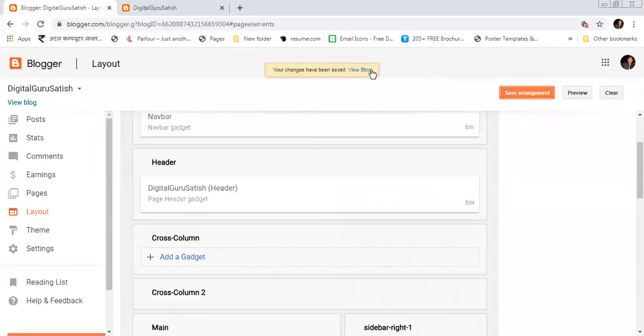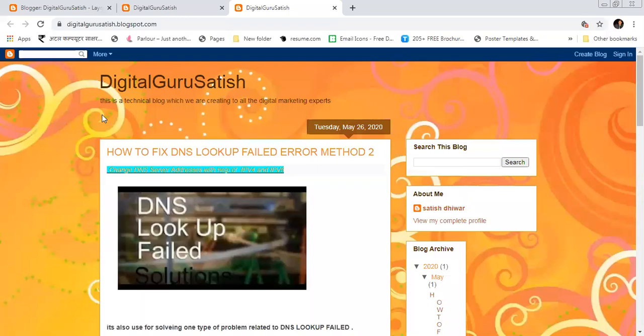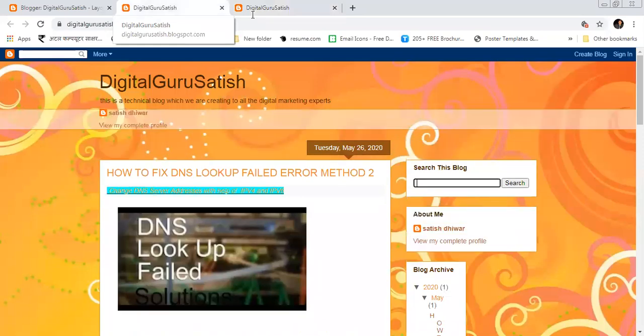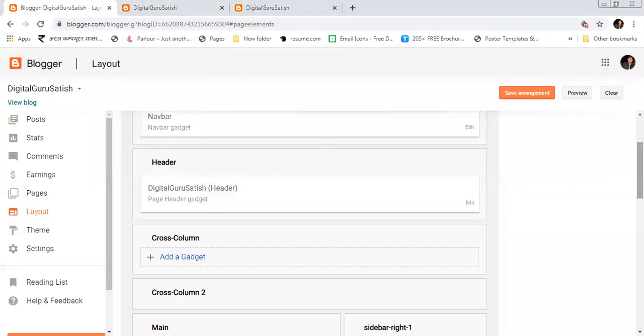Save arrangement, view your blog. Now you can see nothing is present, only your title and description. The cross column section we added has been removed. Search this blog is present, which we have added, and the about me section is here. That is an eye-catching sidebar, which you always need.